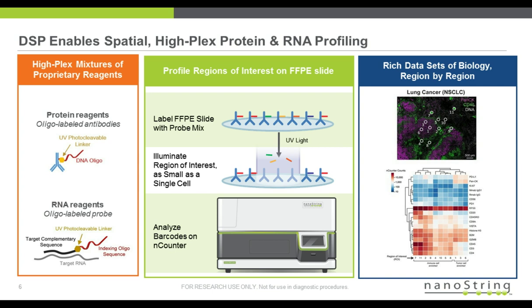Now, the trouble when you want to maintain tissue structure and actually see a tissue is that you go into a microscope. The problem is that when you go into a microscope, instead of measuring these beautiful 800 different analytes at a time, I'm stuck with only measuring roughly 1 to 4 analytes at a time. That was not very satisfactory to either me or Mike. He has all sorts of questions, and he needs to look at more than 4 pieces of information at a time. So we invented a microscope that was designed intrinsically to be a high-plex microscope with spatially resolved capability. And this is the design strategy we used.